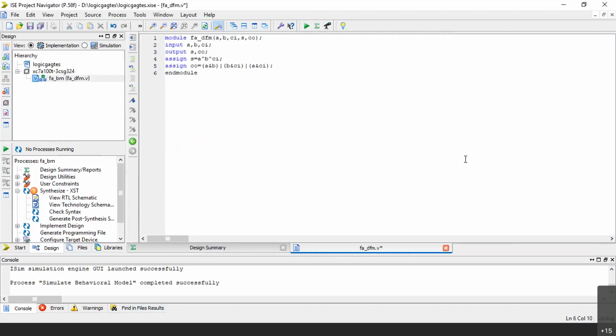So I have copied the data flow code now. I will not change the file name in any way because it is only for our curiosity. We want to see the synthesis output.